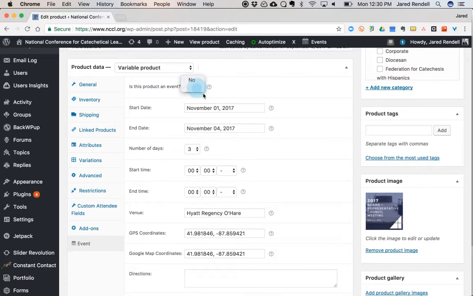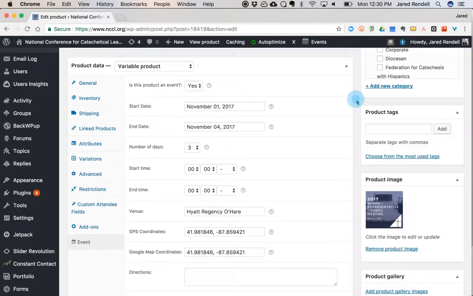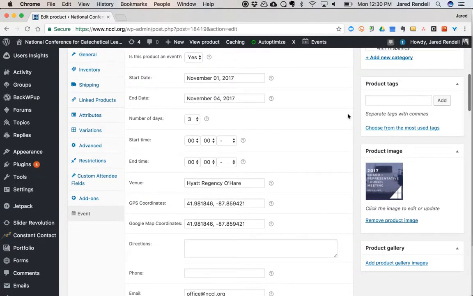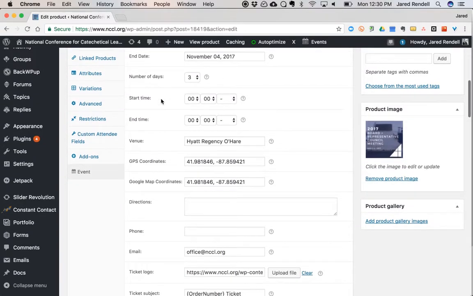So is it an event, yes or no? That's the start, and then all this opens up. Start dates. You can set the number of days, because one of the things it allows you to do is check in people multiple days, so they can check into day 2 and things like that. We've added that functionality if you need to do check-ins on each morning, for example, if that were part of anything. So start times if you want them,